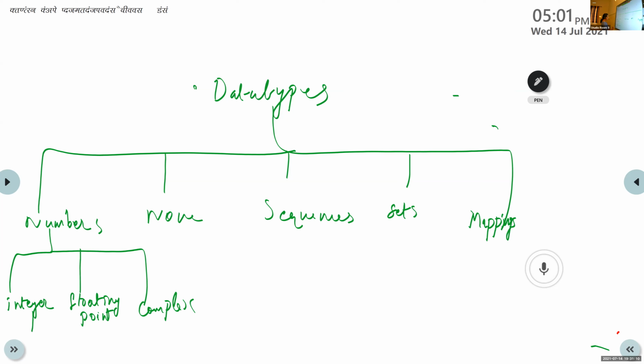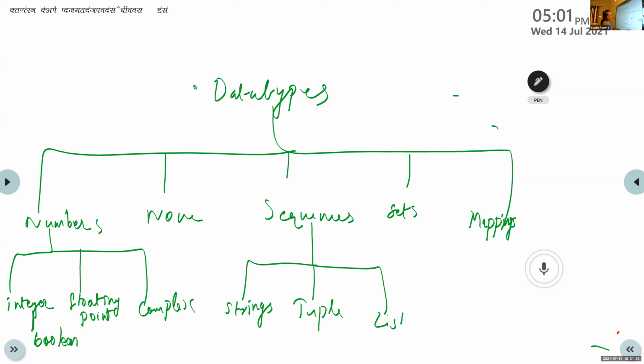Integer is again divided into bool or boolean. Then there is a subdivision for sequence, that is strings, tuple, and list. Mappings, it is dictionary.